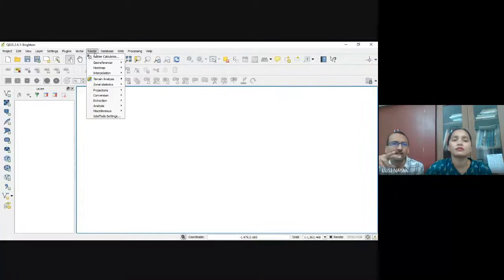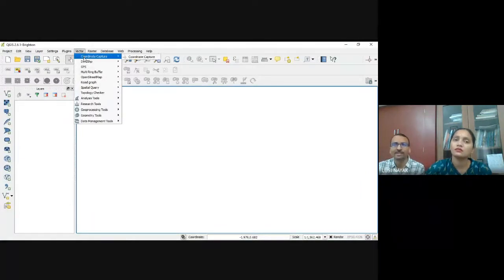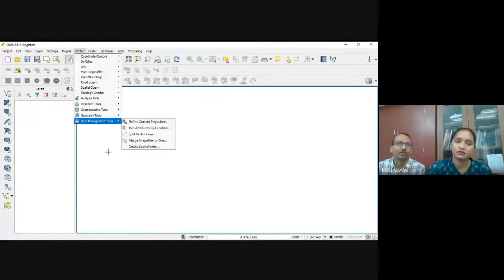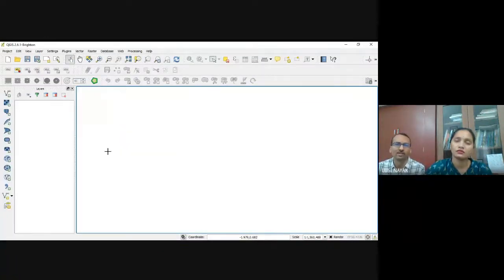So, what is vector and what is raster? The Odisha map given to you is a raster map. The format is, I think, JPG or TIFF. Whatever layers we will be creating in this GIS are vector layers. We will discuss the difference between vector and raster in the lecture classes. What is the difference between a button and a tool? In all application software, you will find buttons, menus and tools, because these are graphical user interfaces with graphical icons.